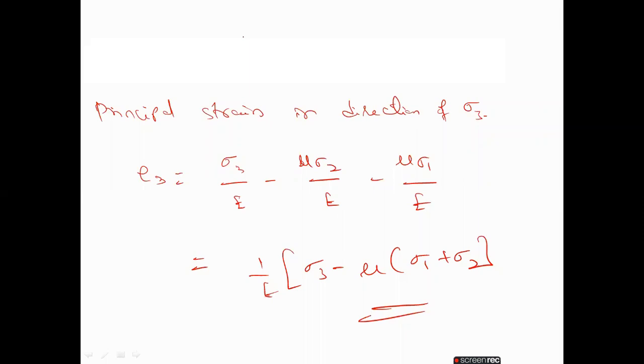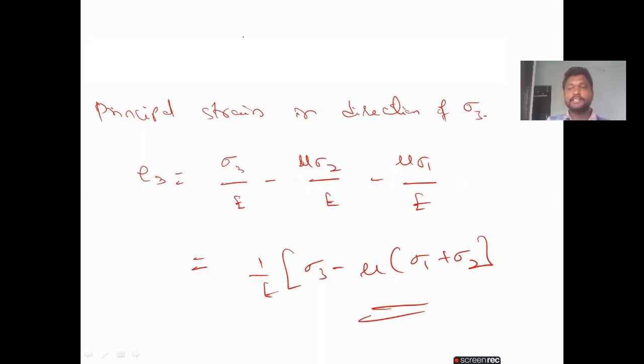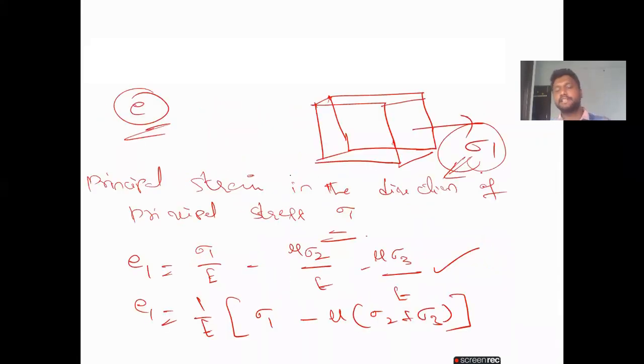Sorry for the disturbance. So here we discussed the principal strain. In the same way, we have to know the principal strain energy also. The principal strain we will take in the direction of sigma 1, that is the stress, and in the direction of sigma 1 and sigma 3 the formulas are this one. Now coming to the stress, you know the formula from SM1, the Young's modulus.